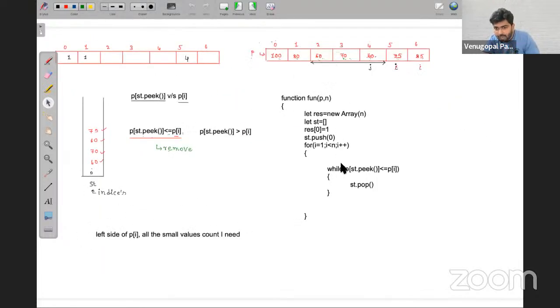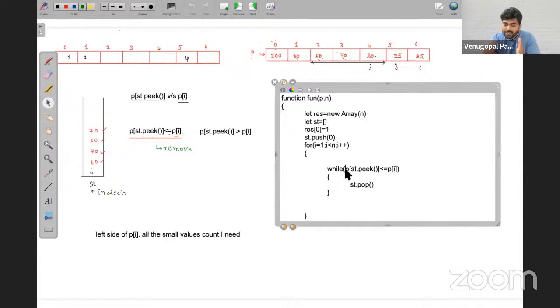Rather than popping blindly, you first please check whether the stack is empty or not. Which means if the stack is not empty, or you can write st dot size is greater than or equal to 0 also. Both are correct. If your stack is not empty and if this condition is true, then you can remove elements from the stack. I have no problem.